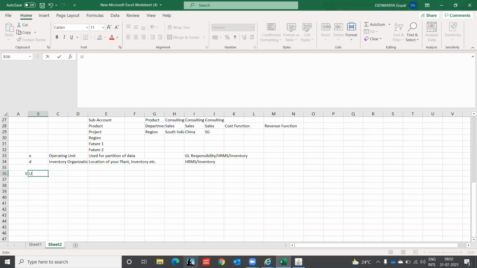In the fifth point, update profile option. This activity needs to be done for all responsibilities. What are the profile option names? HR business group, HR security profile,